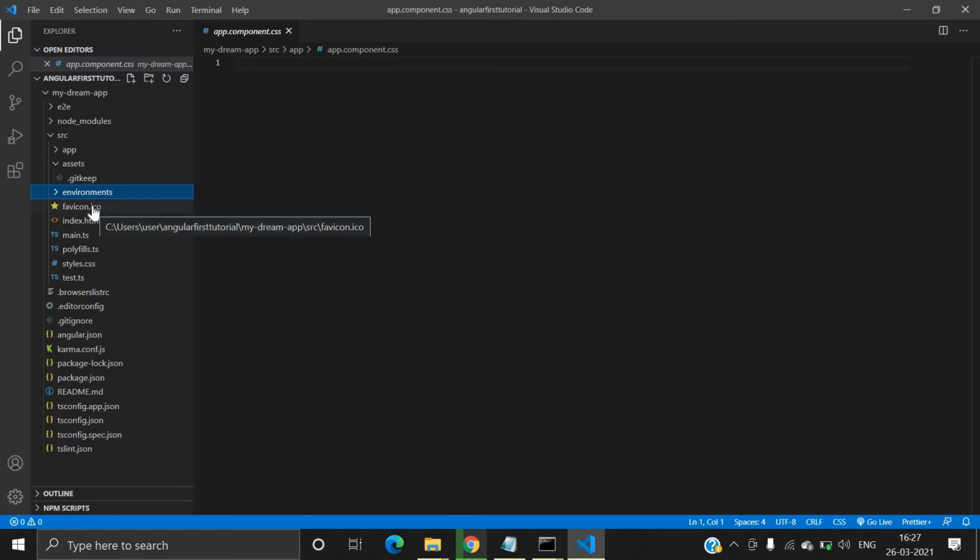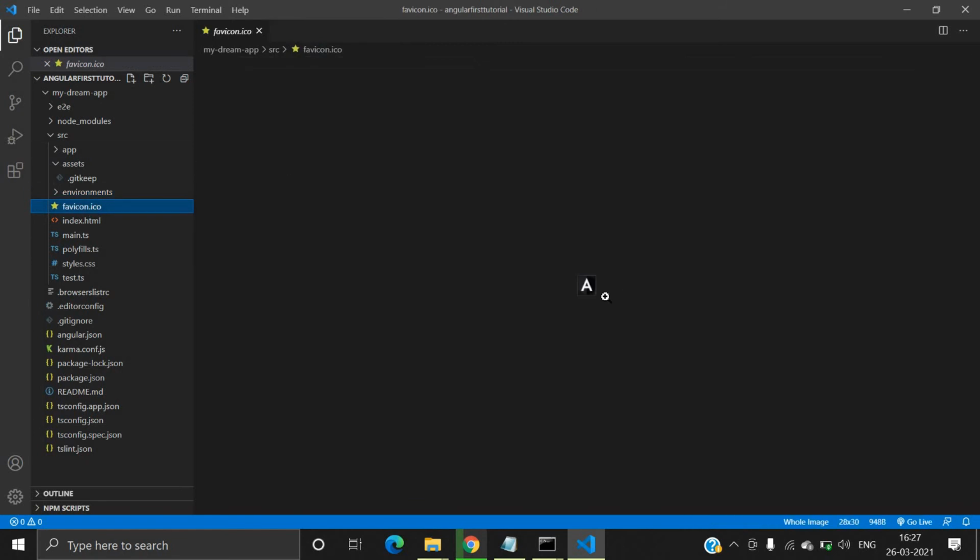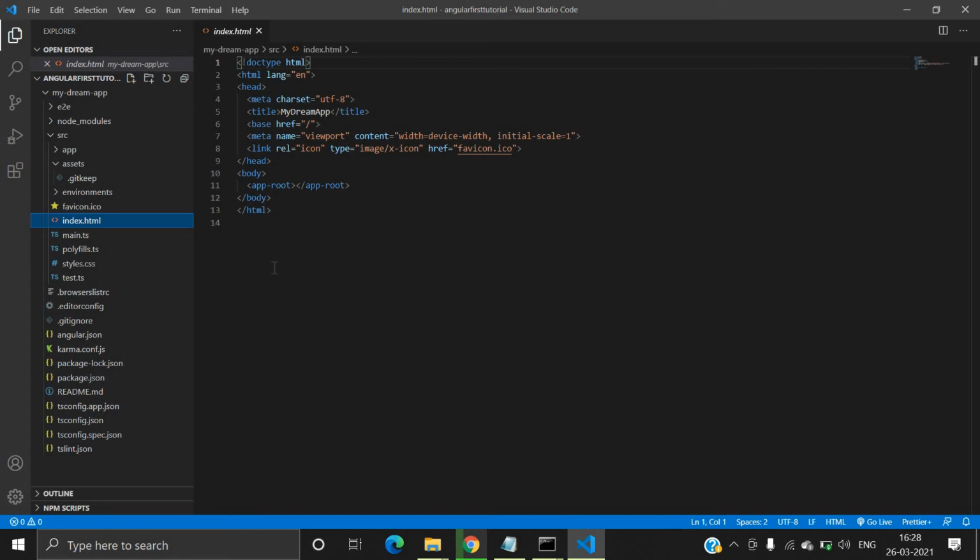And favicon, here you can see this is the icon of Angular. If you want to use any icon for your project, you can store it inside this file.